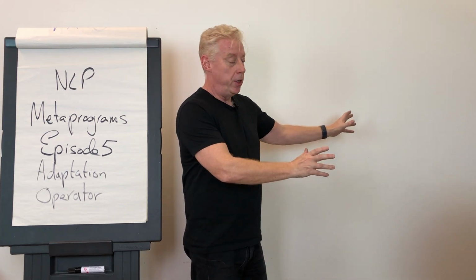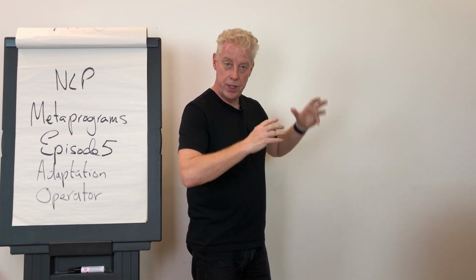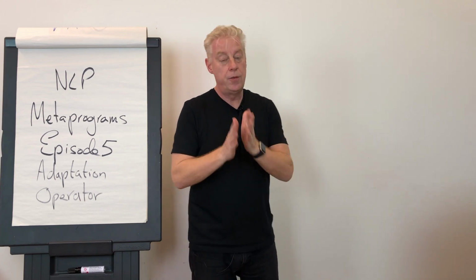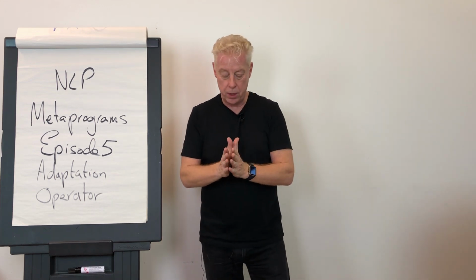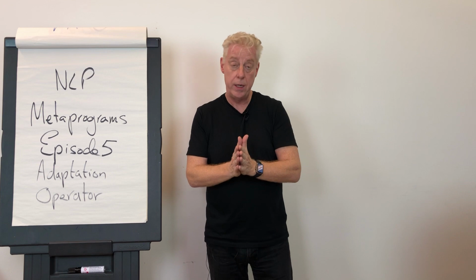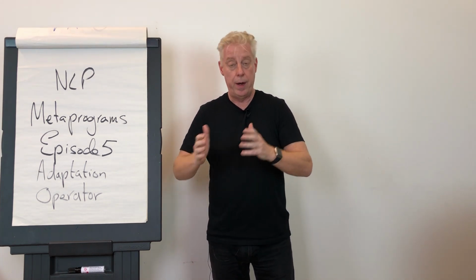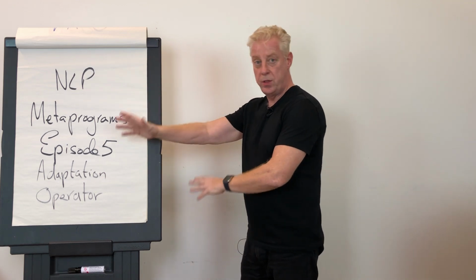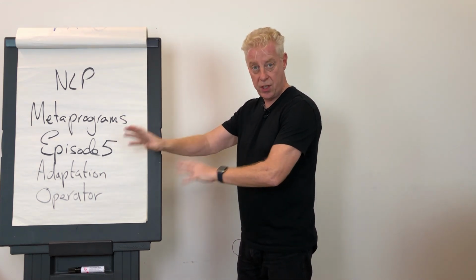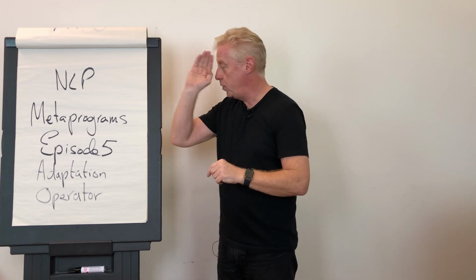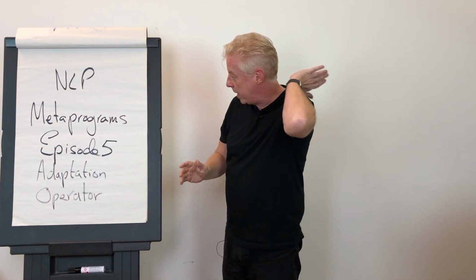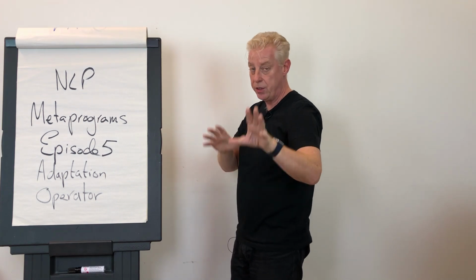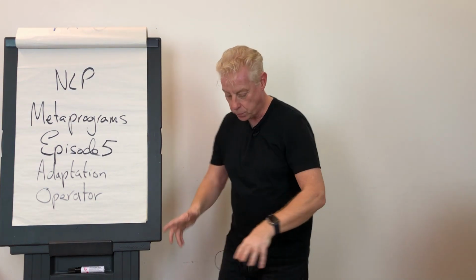Somebody who's more judger will tend to be dissociated, because there's a very strong correlation, not a 100% correlation, but very strong correlation between this particular metaprogram and somebody's timeline orientation. Somebody who's more perceiver will tend to be in time, as in their future is out in front of them and their past is behind them, with now inside of them, i.e. they're associated in the moment.